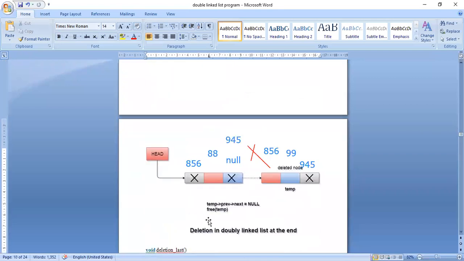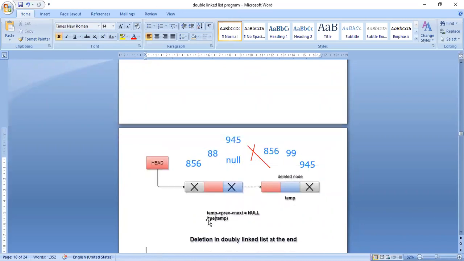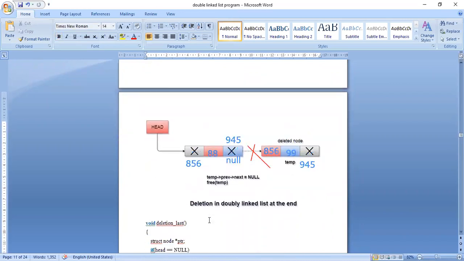So you can see here, for example, head will represent the starting node of the linked list. So if I make head is equal to null, automatically what will happen? This link will be broken, so automatically this node will be deleted. Next, if I write free of head, that means what? All the memory that was represented by the pointer head will be deallocated. The memory allocated will be deallocated.